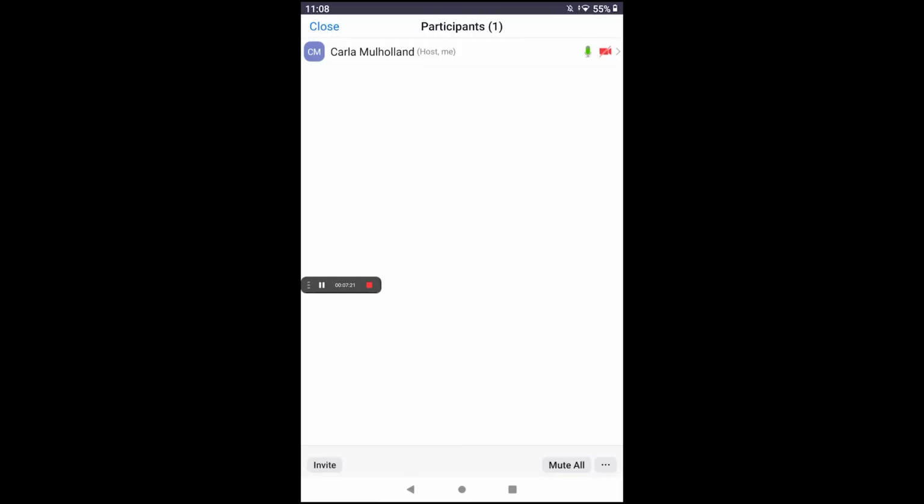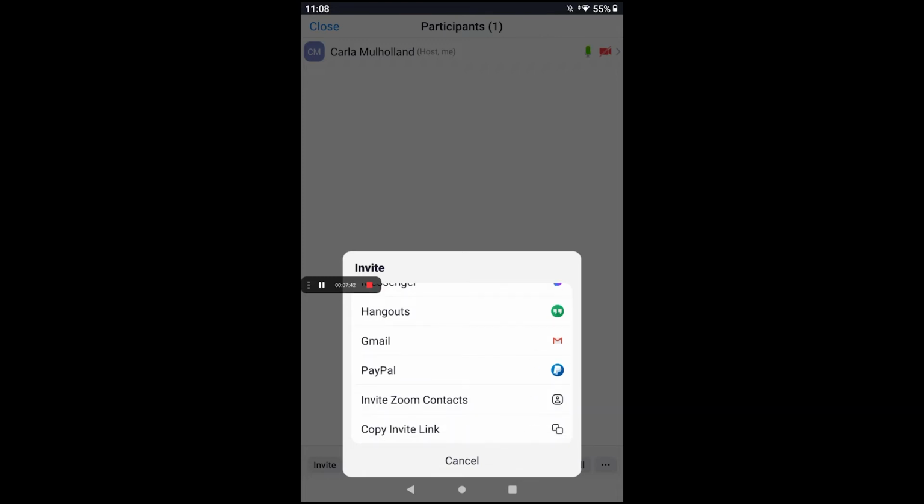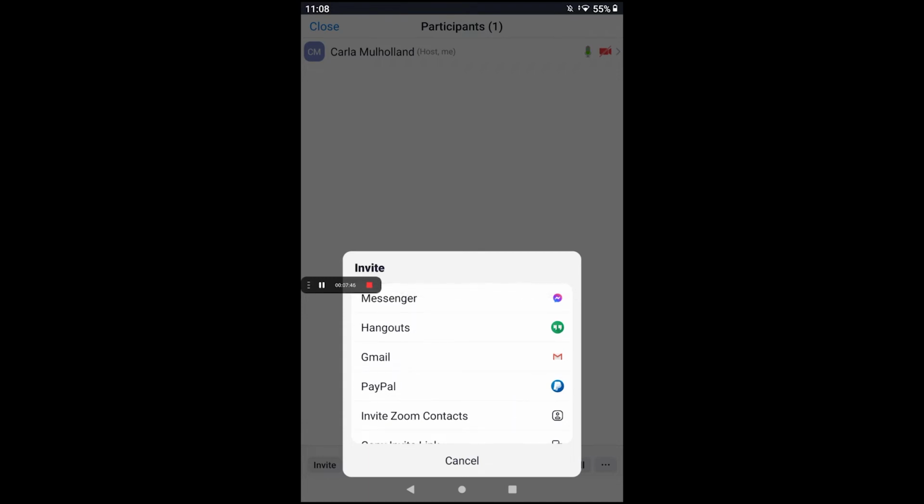But if I wanted to invite somebody, we've had a conversation, they know I'm going to invite them, I can press invite. And from here, I get a choice. Well, how do I want to invite people to the meeting that's currently going on? Do I want to invite them through Messenger, Hangouts, PayPal, invite Zoom contacts, or copy invite link to be sent by WhatsApp? As we all have Gmail already in our accounts, I'm going to tap on the Gmail icon,